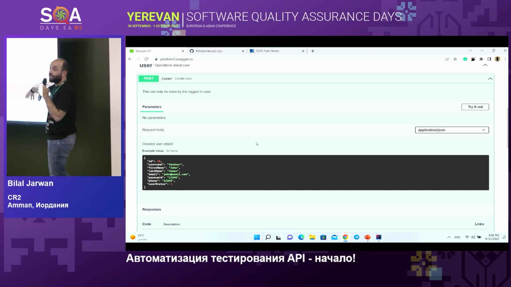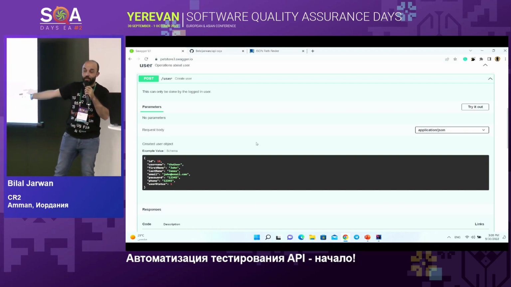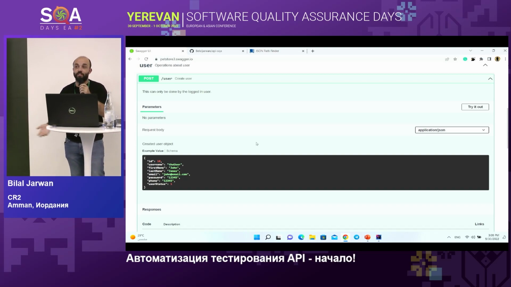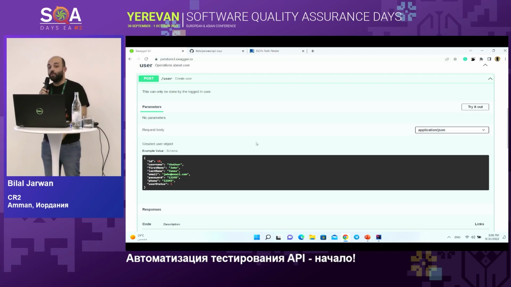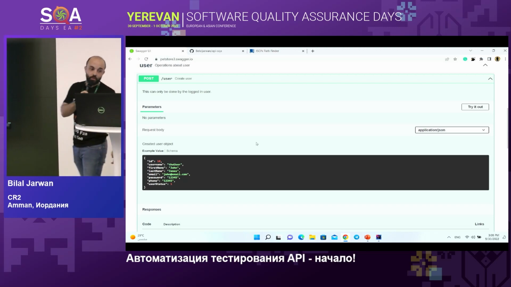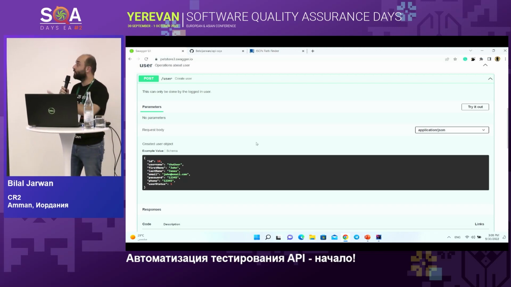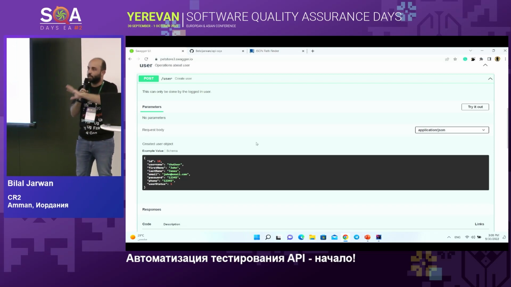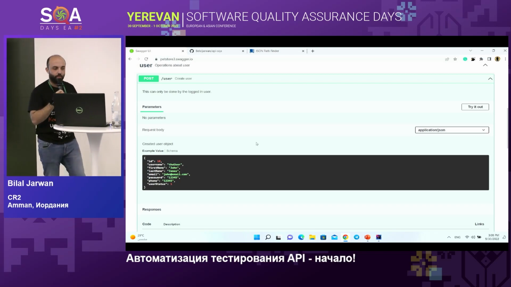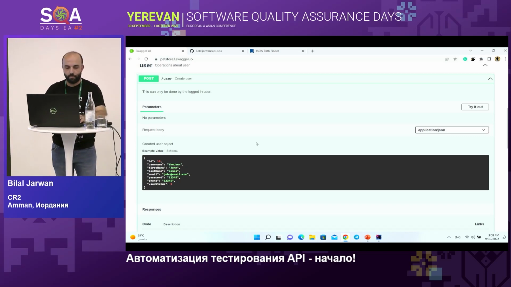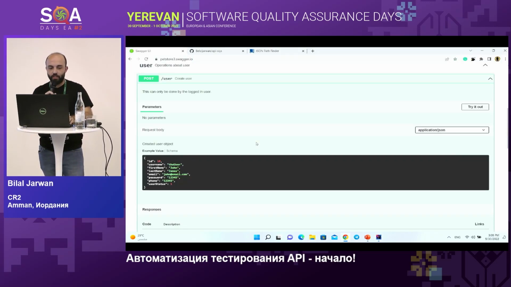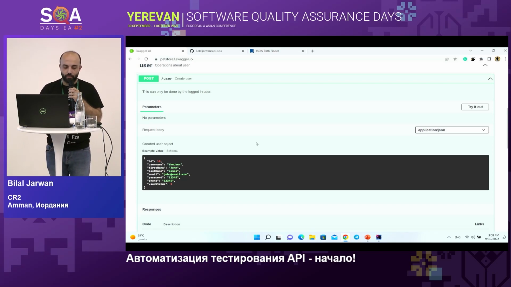So what is the data that's needed in this request? We need the ID, username, first name, last name, email, password, phone, and the user status. We will not create with the same test data that we have here, we will change some data to be checked from our side as well. And we will see how. So we have ID, username, and the ID is integer,